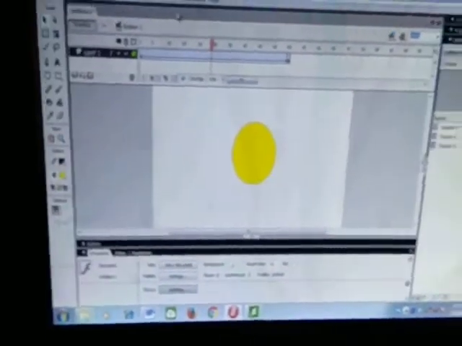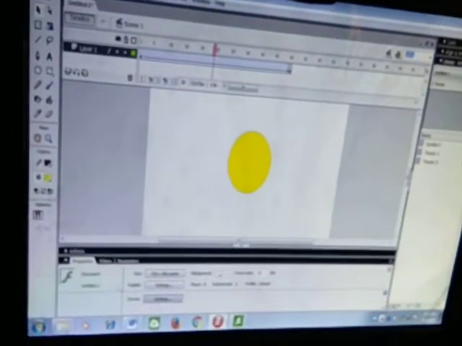You can see all the components which are appearing on this screen are known as the workspace. First one is the menu bar. Second is the tool panel. Third one is known as the stage. This gray color is known as the work area, and this one is known as the timeline.